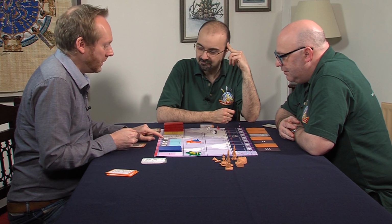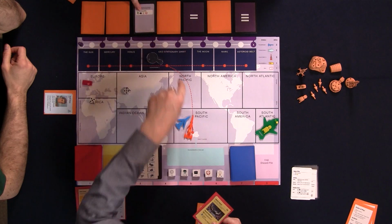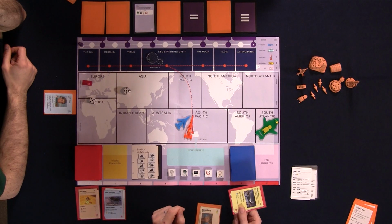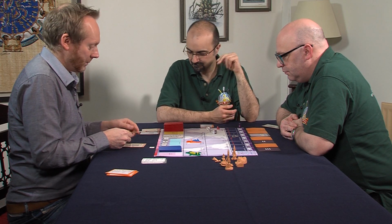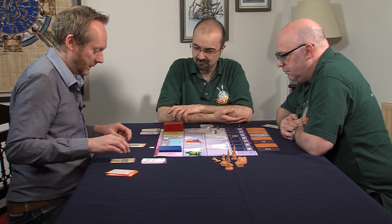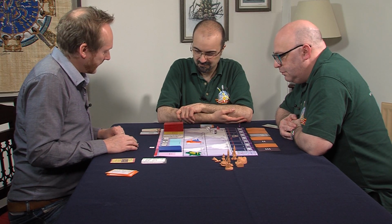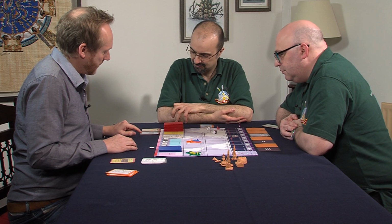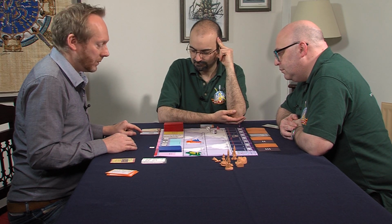Now, because you can create pod vehicles at will, I'm just going to start collecting some of these. And I think that getting a +2 is probably a good idea at the moment, because that can be useful if you fail a dice roll, and there will be some harder missions coming up. So I'm going to put that to the side. That was my second action. For my third action, I'm going to head towards the Indian Ocean